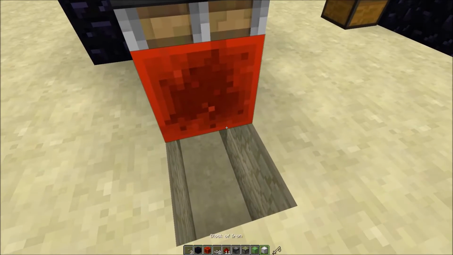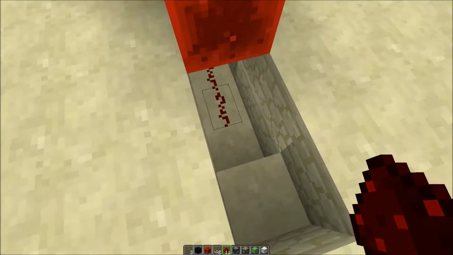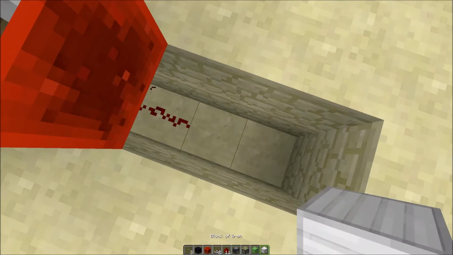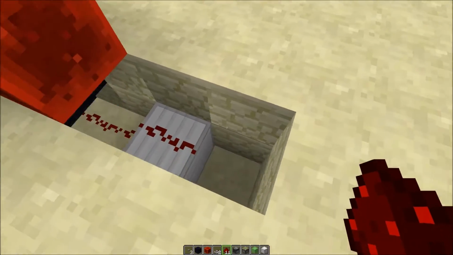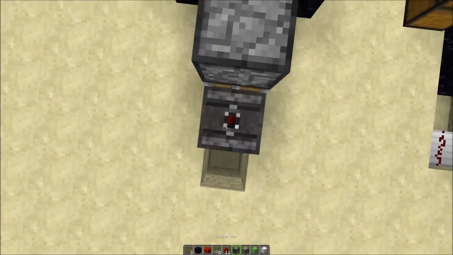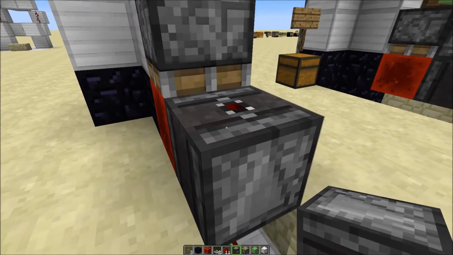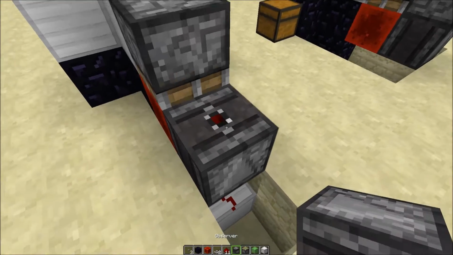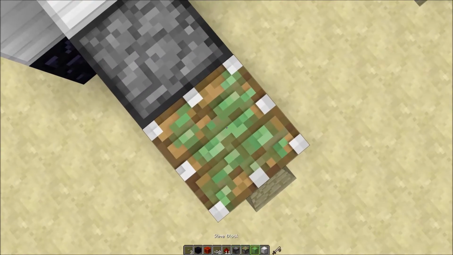And then from there we want to place a couple pieces of dust coming out like that. Okay, so what we want to do is come out like this with a redstone piece of dust on top of this block, and on top of that block we want an observer facing like this with the redstone coming out the top. On top of that we want to place a sticky piston facing up